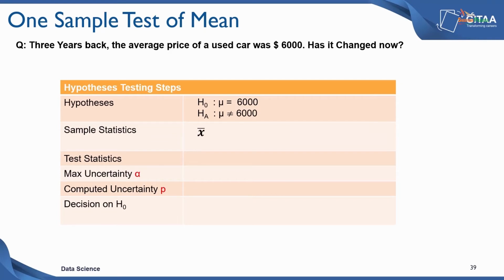Now, because this is the kind of an average that we are using, the sample statistic that we will get out of the data, that sample that we choose, will really be the average value, which is an x bar. And because we don't have a good estimate of what the variance in the population is, the sample standard deviation will be used as an estimator for the population standard deviation. And the test statistic that we will use is the t value.